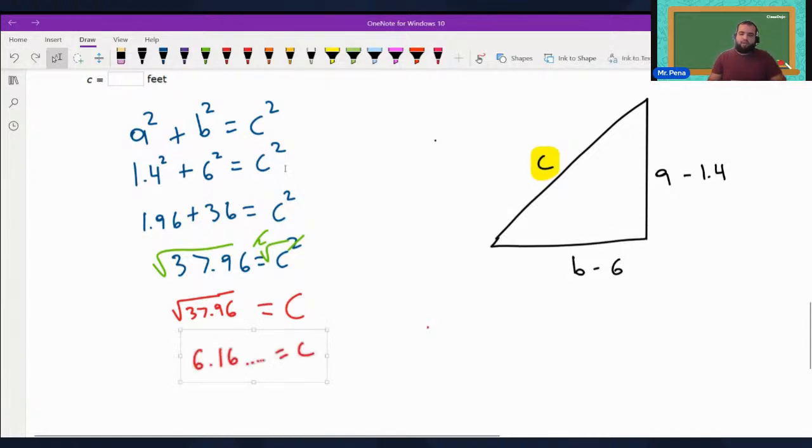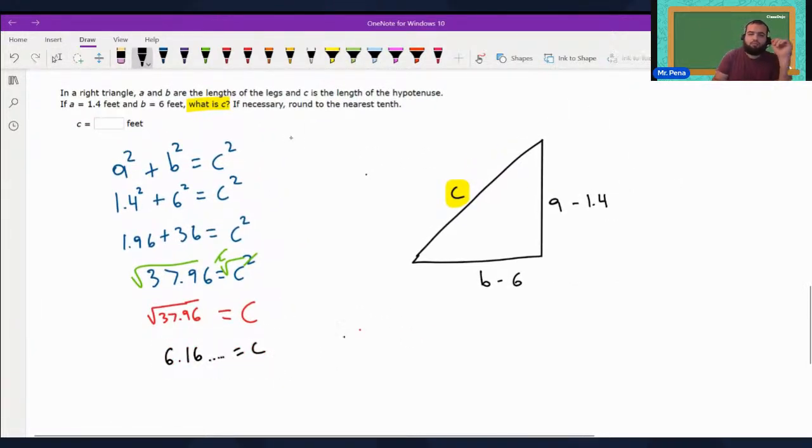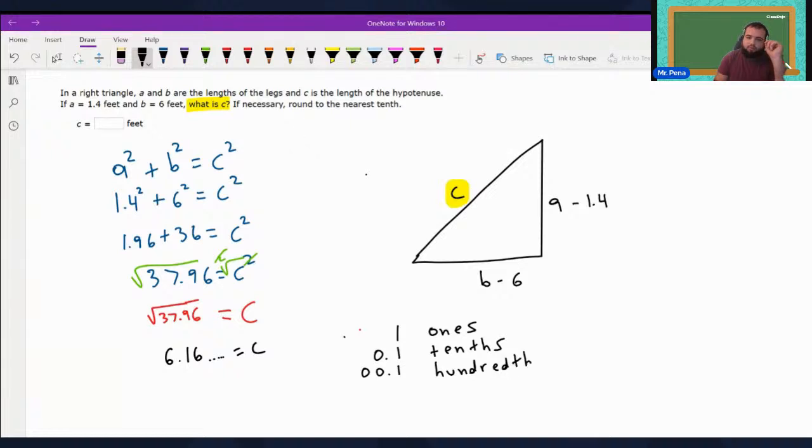Let's do a quick review of place value. Check it out. Ones place, tenths place, hundredths place. It says round to the nearest tenth. Do not rush this process. The calculator specifically says, take a look,